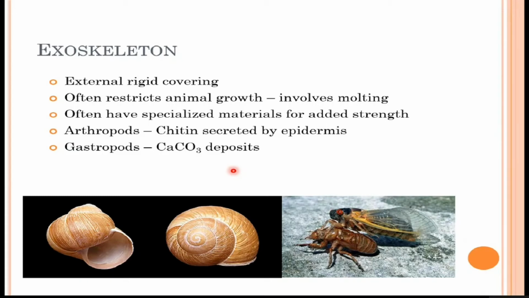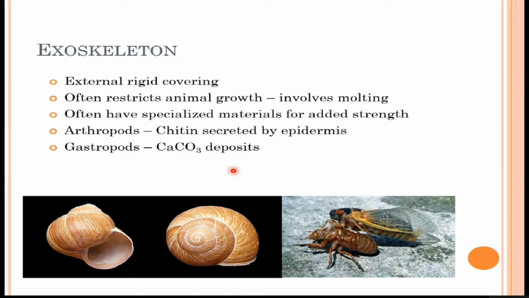But some animals have come up with a solution that they grow their external exoskeleton with their life, and hence they don't have to shed it like the shell of a snail. Similarly, some animals have evolved to produce some specialized materials for the extra protection of their exoskeleton. Like in insects, they produce chitin,